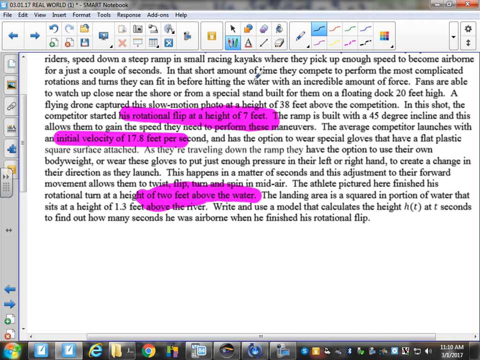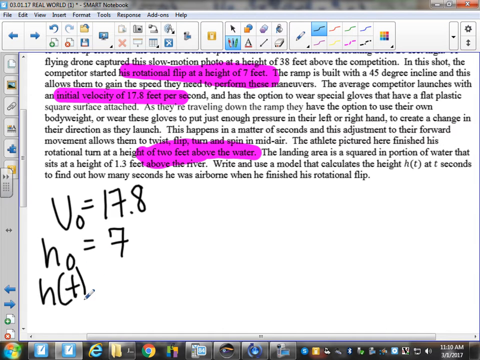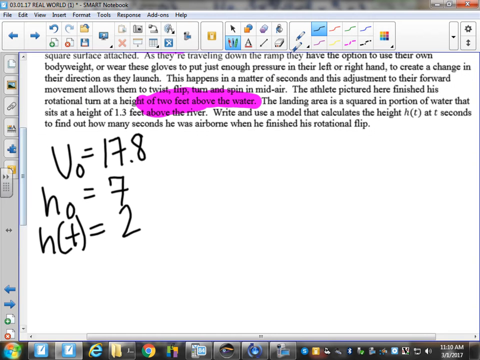That's why it's super important to read through. So my V naught, you said, is 17.8. What's my starting height? It's my starting height of the rotational flip. 7, thank you. And what is my ending height? 2. Can we set up our model? Yes. What's my model? H of t